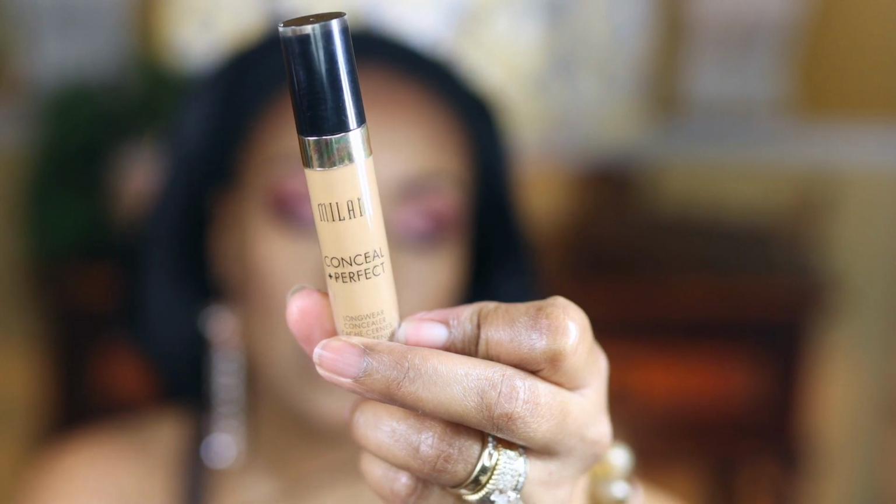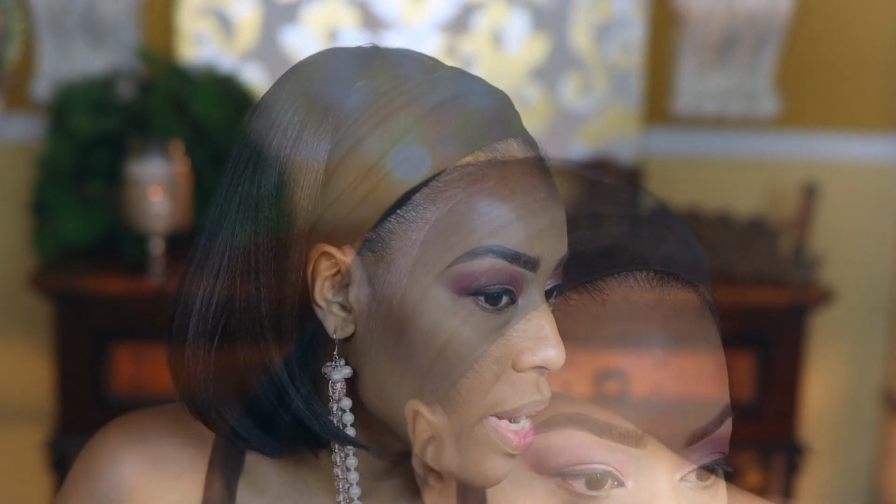Alright, so I got that on, and I'm gonna go ahead and blend this out. Alright, so I'm gonna use the Milani concealer just to kind of keep the concealer in the same family as the foundation. And as you all know, it looks like this. Now, I have to say, this foundation, I don't know if I'm liking how it's looking on my skin, but I don't know if you can see it, but let me just keep going and see. It's not sitting on my skin very well, but let's just keep going and see